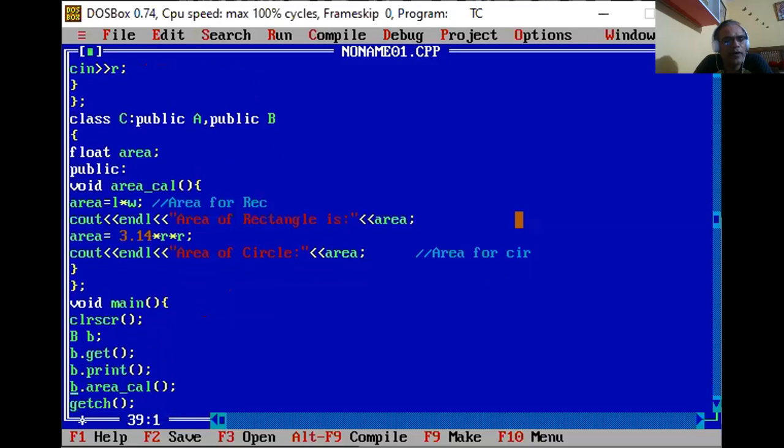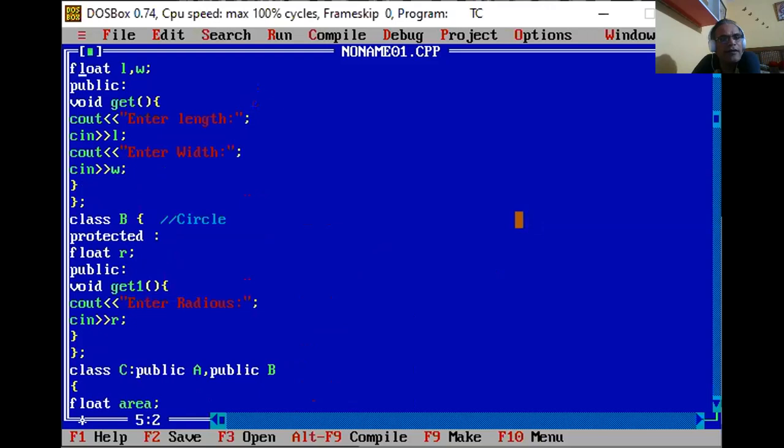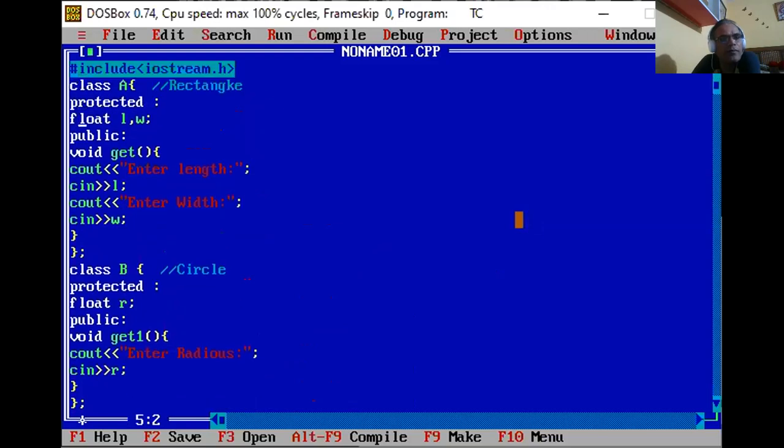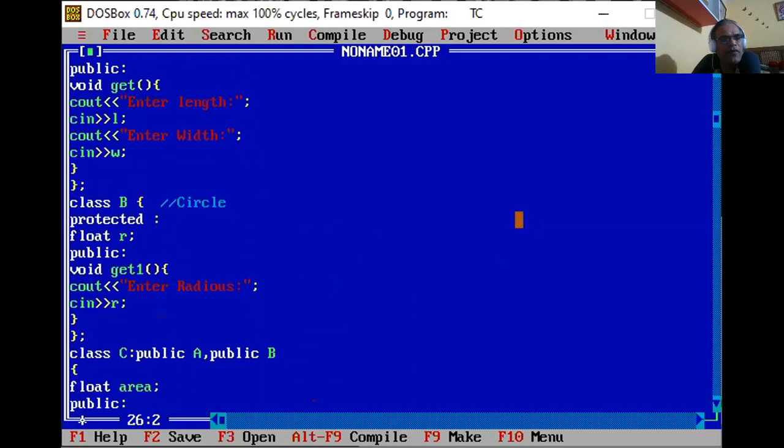So now let's see. We declare the object for the derived class. The derived class is not B, the derived class is C. So we use the object C dot get. It accesses the value through get, which is a member function of class A, the rectangle class, so we can access the length and width.